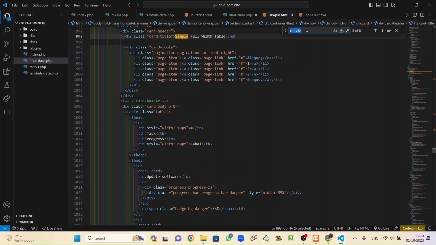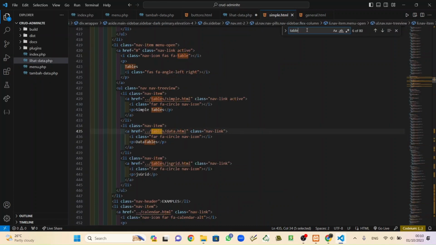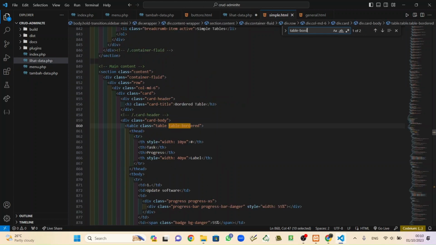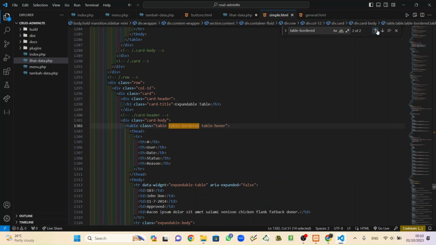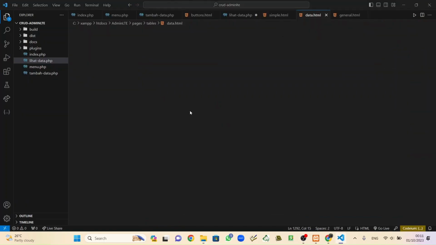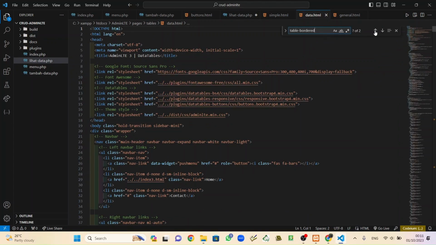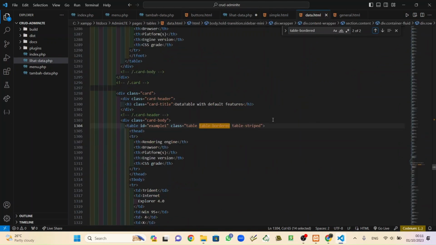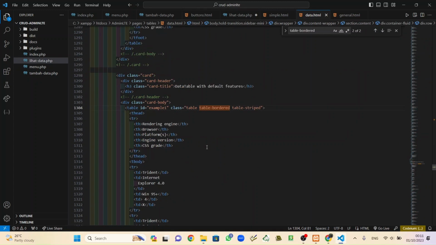Oh no, but table bordered, if any of that. Table bordered. Search again. Table bordered. Just two of them. Or we can search it at data. Maybe there is what we need. Table bordered, if there are any of them. Table bordered snippet. Okay, this is what we are searching for.